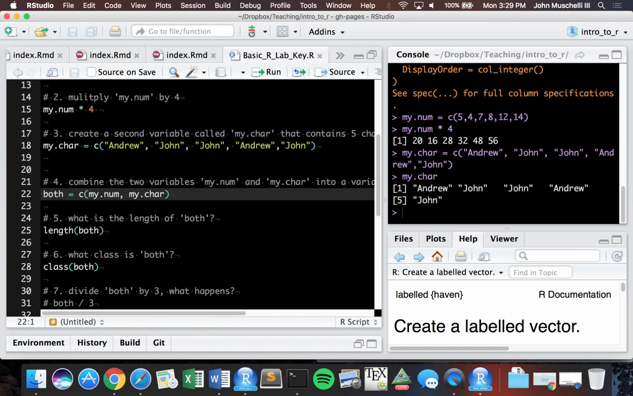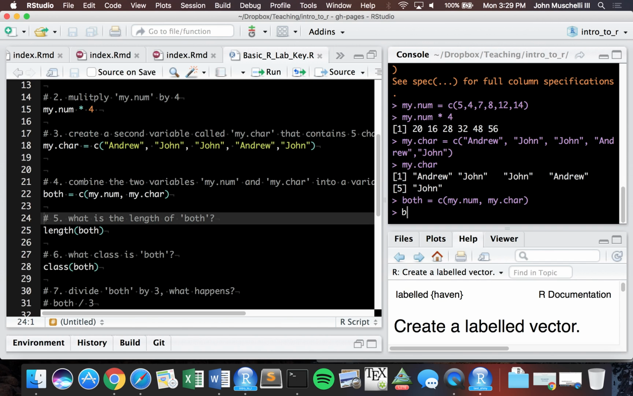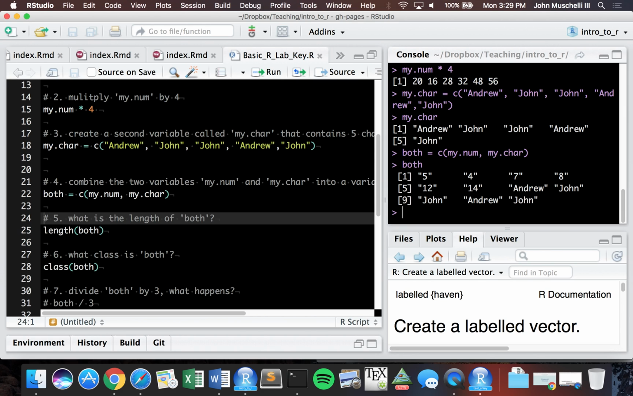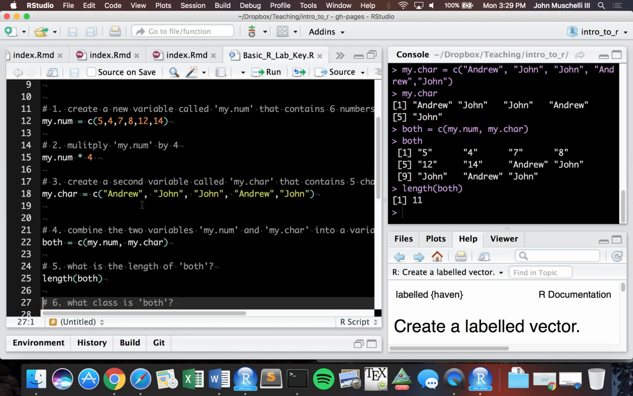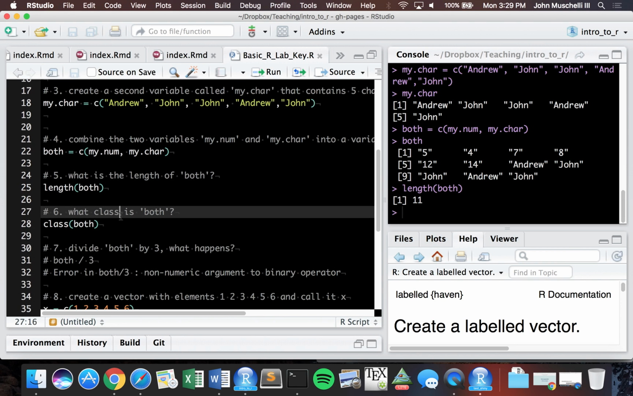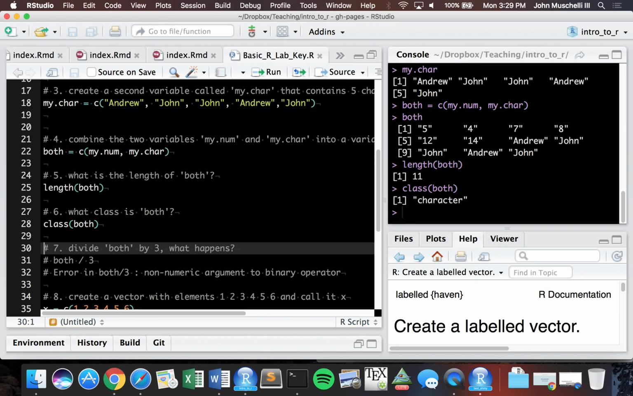So both. We're combining my.num, which is a numeric vector, and my.car, which is a character vector. Before I do any of the other commands, I type both. What do you see? Everything's in quotes, everything's a string. So what's the length of it? It's 11. Remember, my.car had 5 and my.num had 6. We have 11. Everything's still contained in the same thing, but the class is now bumped up to a character. So this is what's referred to in R as coercion. That's what it's called. It coerces it